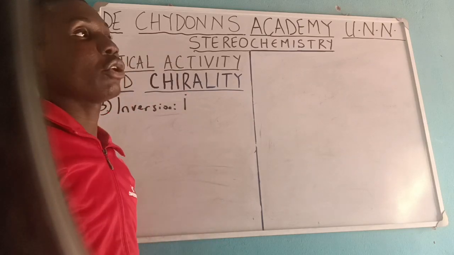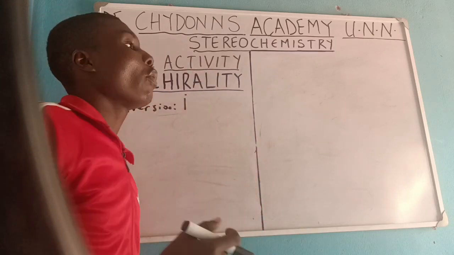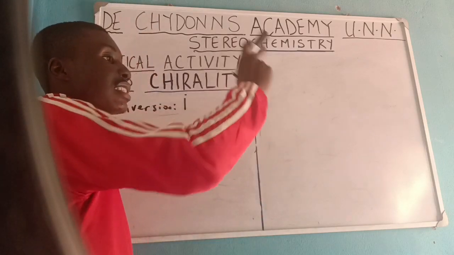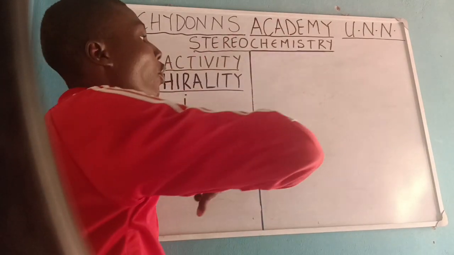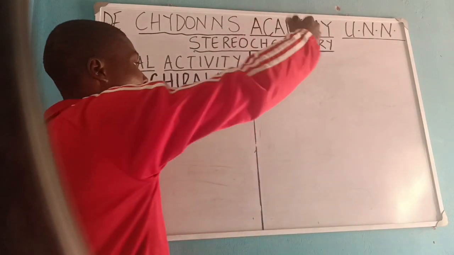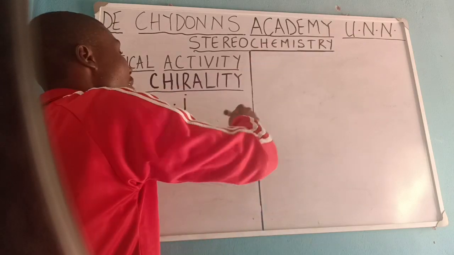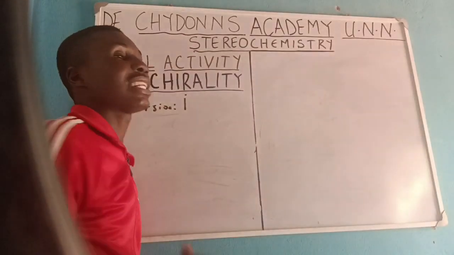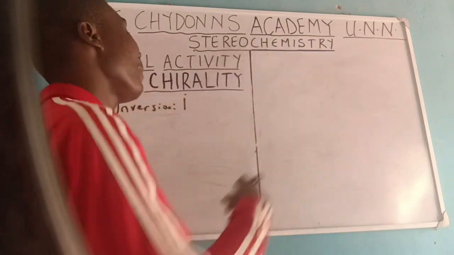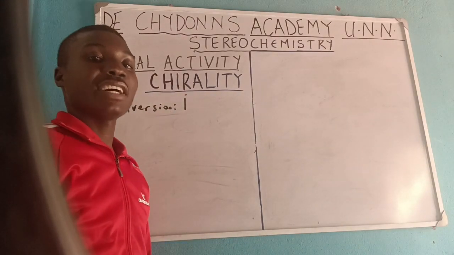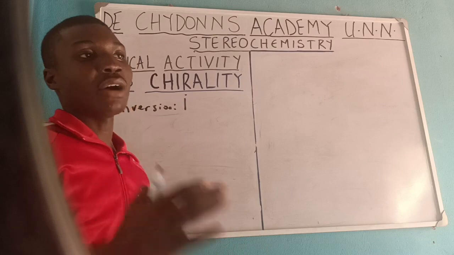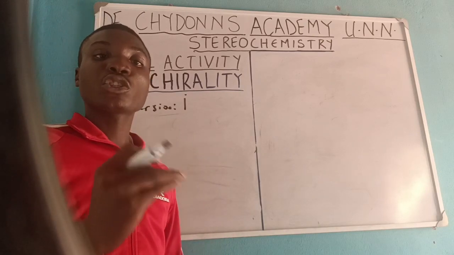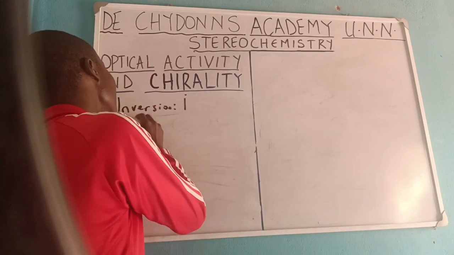Now what do we mean by inversion, or point of inversion, or inversion center? What we're talking about is that in that particular molecule, if you take every atom to the opposite side, let that atom superimpose on another atom that is exactly like it. The moment you have a particular center where movements of atoms directly opposite themselves superimpose on an atom that is similar to it, the implication is that that compound has an inversion point or an inversion center. So for clearer understanding, because I understand that practical examples will help you understand the concept much more effectively, we are going to be working with